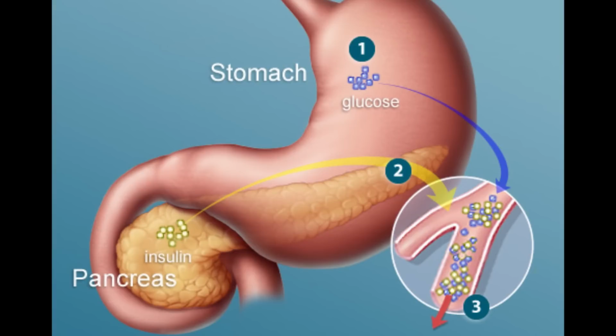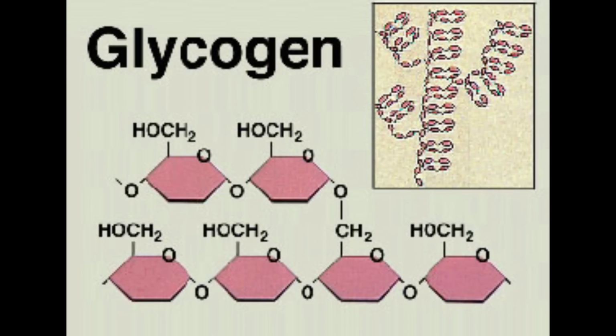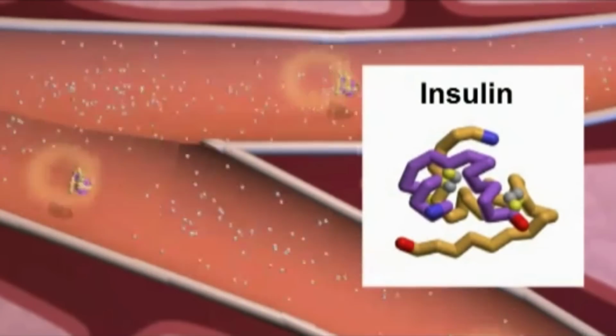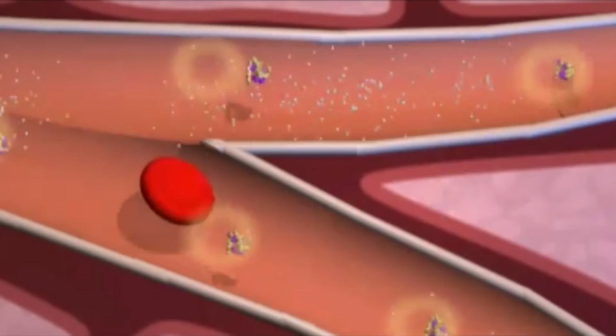When blood sugar is low, it stimulates the pancreas to release glucagon. This hormone travels to the liver and stimulates the breakdown of the stored glycogen into glucose that travels into the bloodstream and raises the blood sugar. If the blood sugar is high, then the pancreas releases insulin. Insulin stimulates the uptake of glucose by the somatic cells, as well as stimulating the formation of glycogen in the